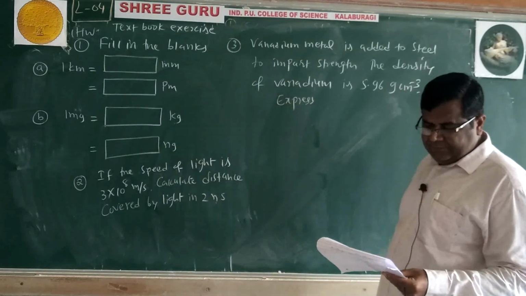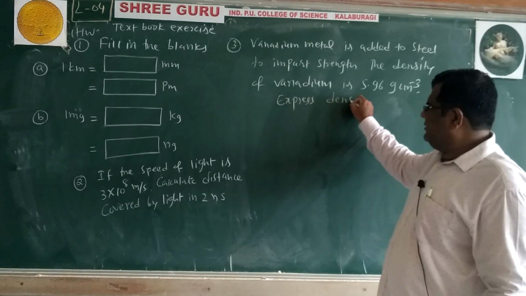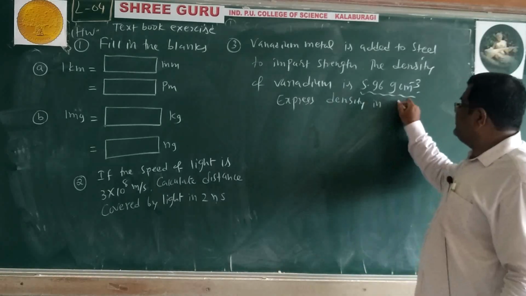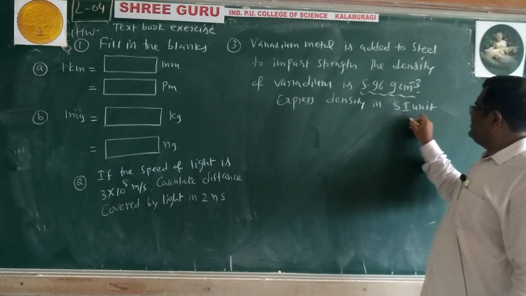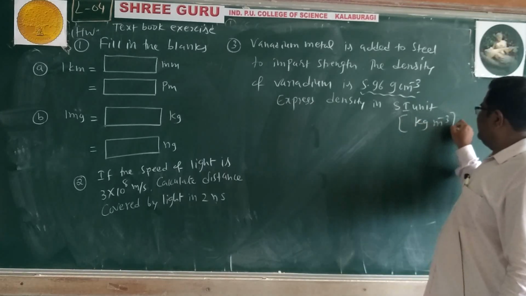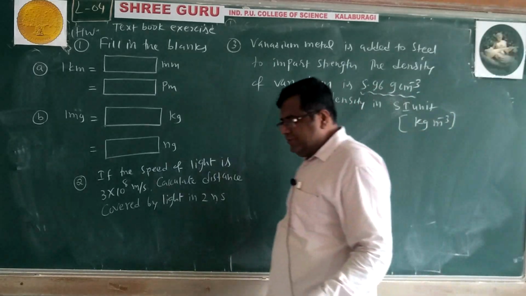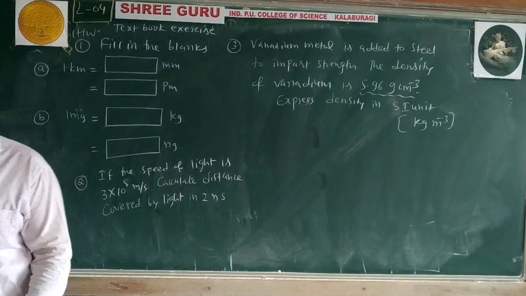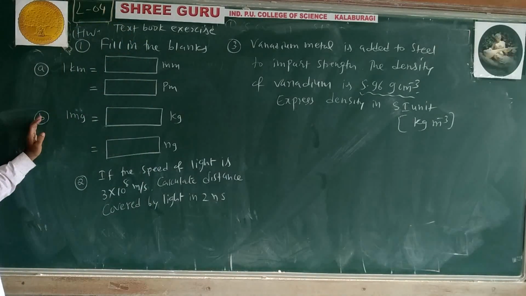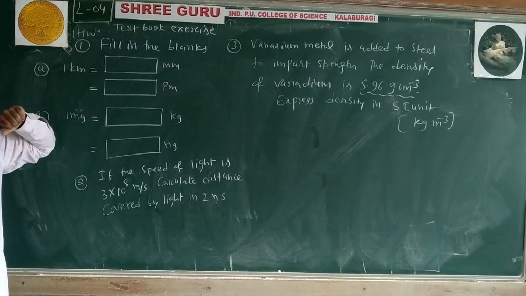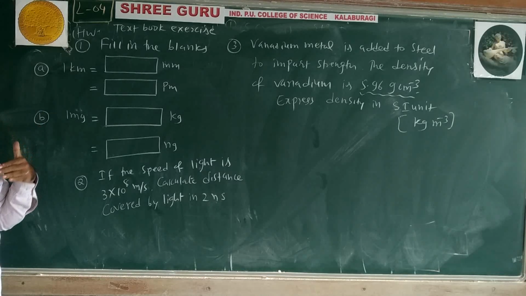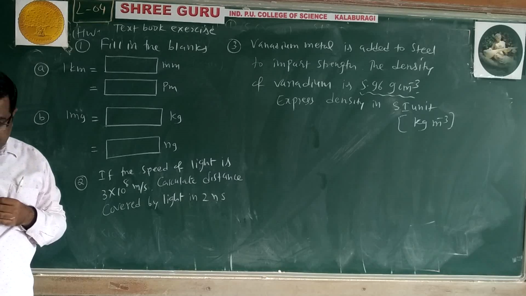Express this density in SI unit. What is the SI unit? Kilogram per cubic meter is the SI unit. You have to convert that. Gram per cubic centimeter, gram cubic meter. Yes, solve this homework 1, 2, 3 homework, and previously 15 example, more than enough to understand the conversion of